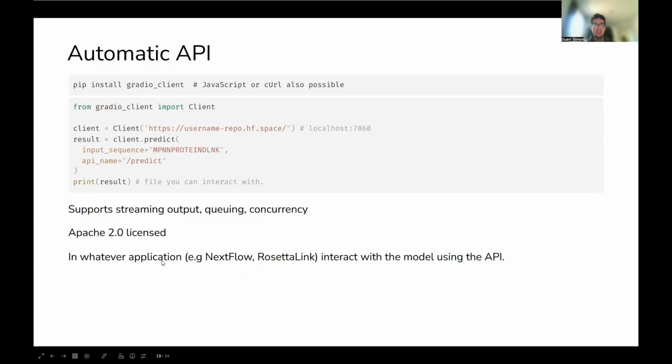And afterwards, the idea is if whatever other application you have. So, for example, we heard about this Rosetta Link approach, where I think it was Ayaza who presented this, right? Where you want to have Rosetta movers that interact with ProteinMPNN, for example. Inside these scripts, you can just then call the API endpoint, and you can basically do all the communication between your model and whatever other program you have using the web, and that's super general. So you can do it remotely, right? So you can run your application somewhere on the supercomputer or on your workstation. You can still work on your laptop and get the results there because you can communicate over the internet. So really quite nice feature.